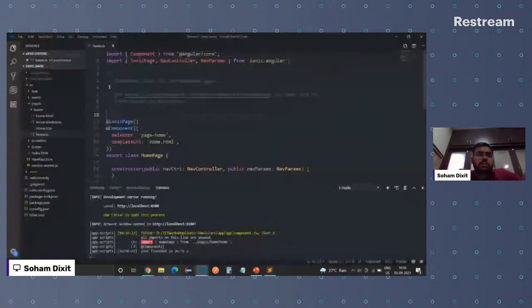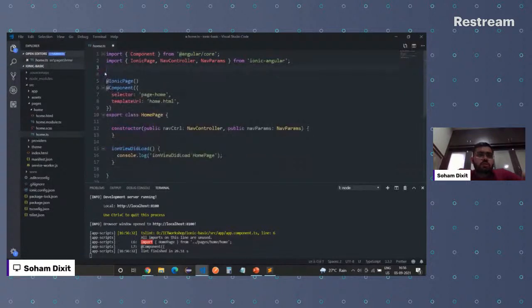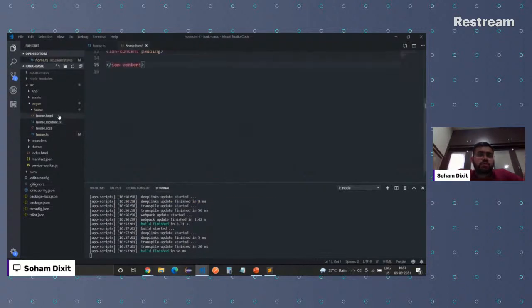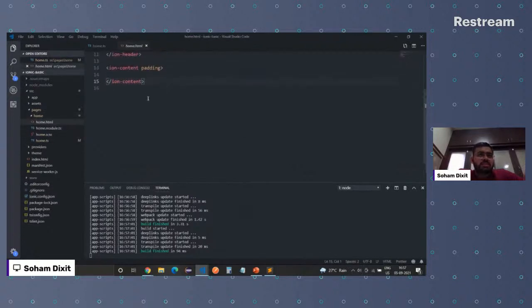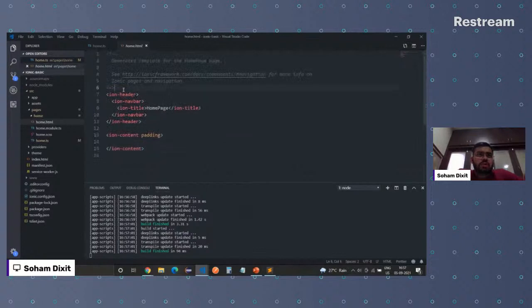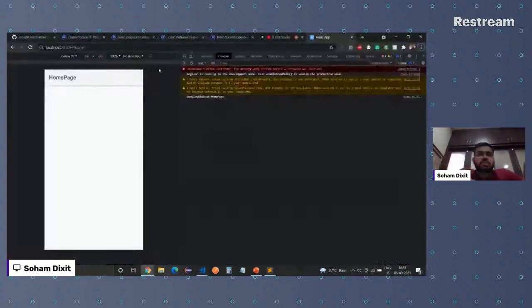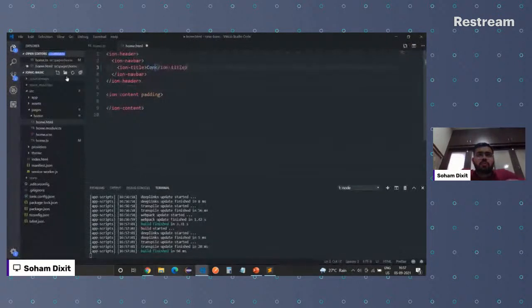Okay. Now let's rename this. Let's have something like contacts page. So let's focus on these two files. We won't play much with CSS. We'll play with this TypeScript, and we'll play with HTML. I chose this because I guess most of you are aware of HTML, and that's the reason we decided to go with this. Else we could have chosen a different framework as well. So let's change this title to contacts app.